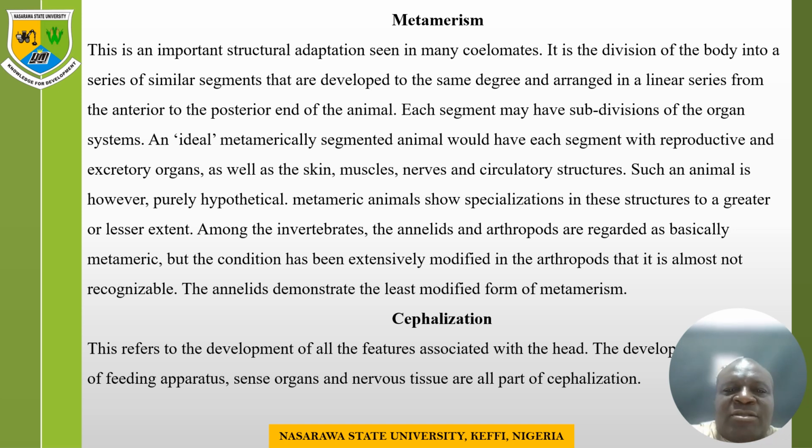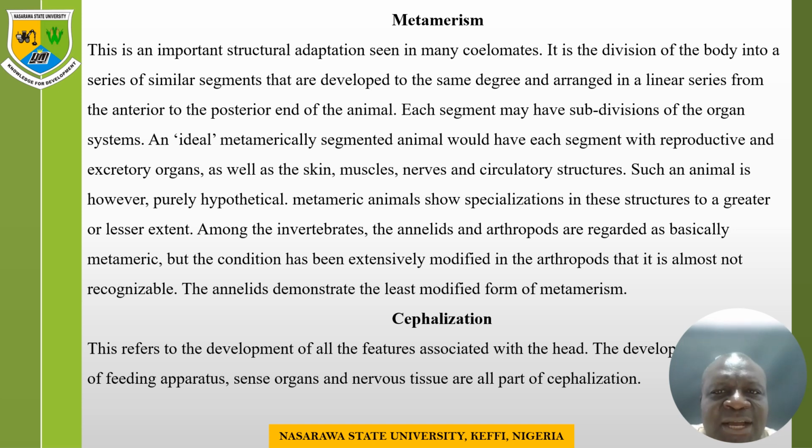But this condition is extensively modified in the arthropod, that it is almost not recognizable. The annelids demonstrate a less modified form of metamerism. In most arthropods, like an insect, you can see it possesses an abdomen that is metamerically segmented. I give the example of mosquitoes, which I am more familiar with. It has about 10 segments within the abdomen, and we also have the thorax, which is segmented into three: pro, meso, and metathorax. And also we have the head region. And again, we have what is known as cephalization. Those are key things